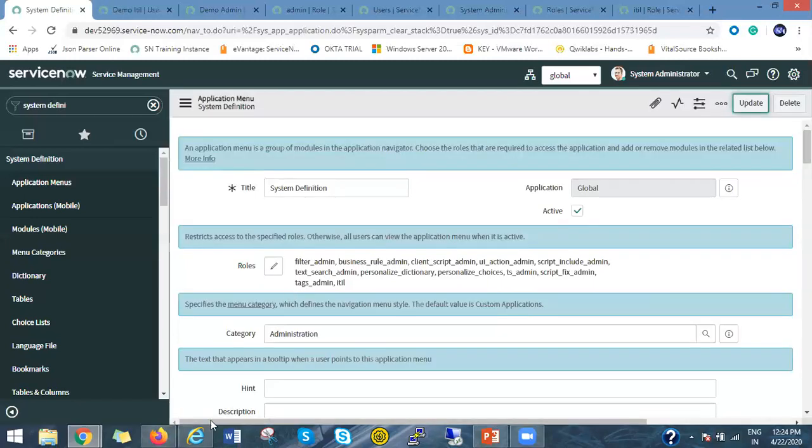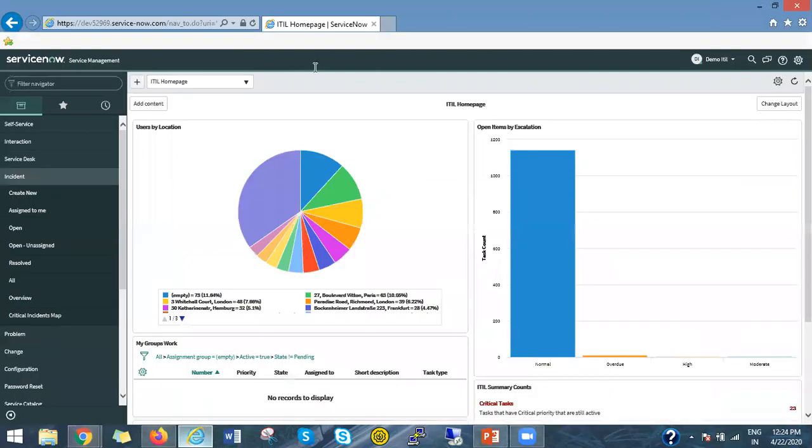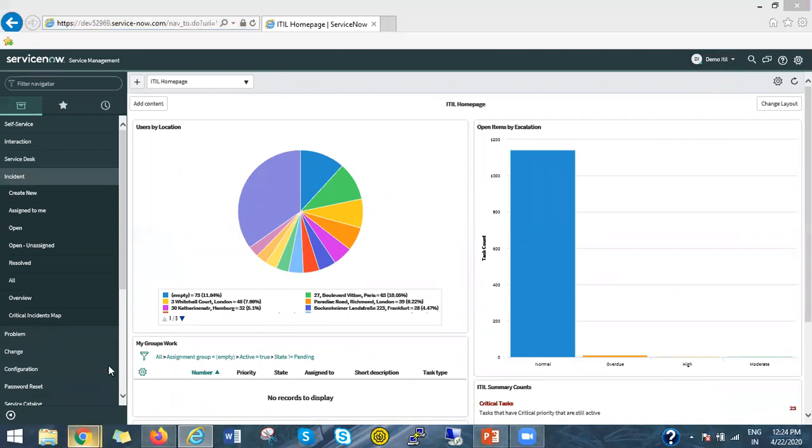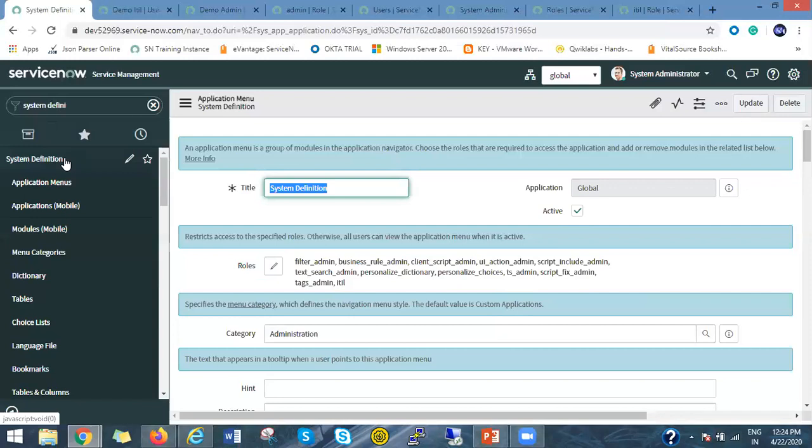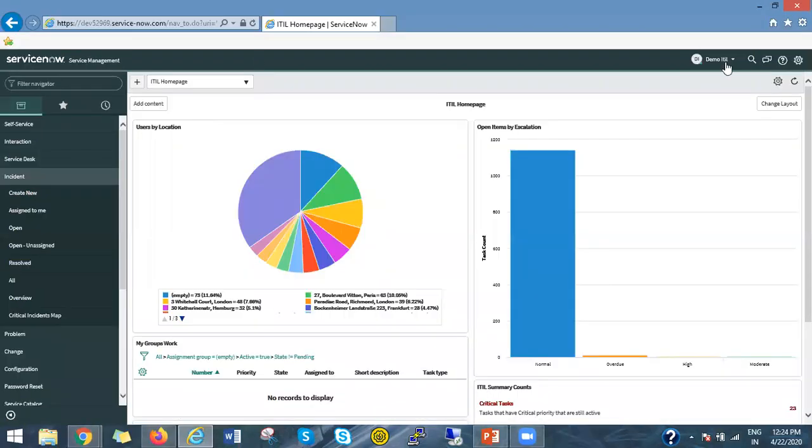Now again go back to this demo ITL user, because the demo ITL user has the ITL role. What we have done is changed the visibility of this system definition application menu, because we have added the ITL role here in the roles field, right?